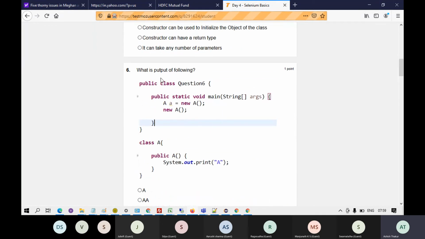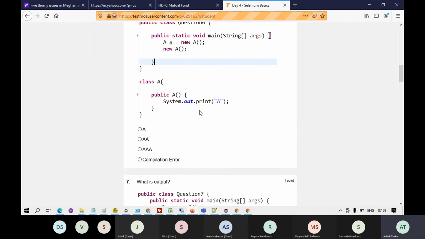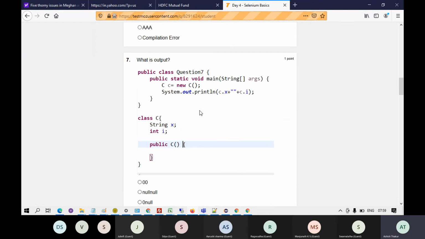Which are like, what will be the output of the following? I have deliberately given an image over here so that you don't copy paste the code in Eclipse. Rather, you can try to make the code in Eclipse yourself, but try to guess the output first with a certain logic. Okay, and then write the code in Eclipse.